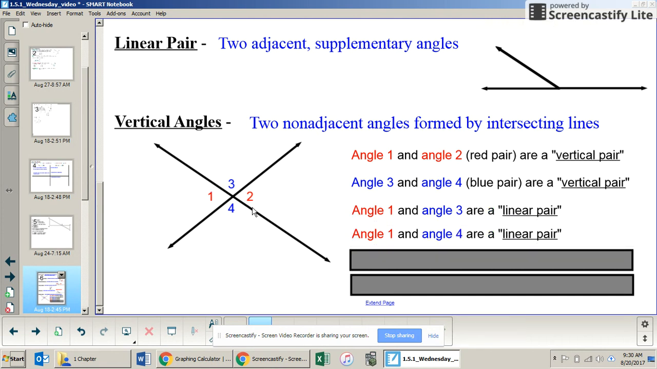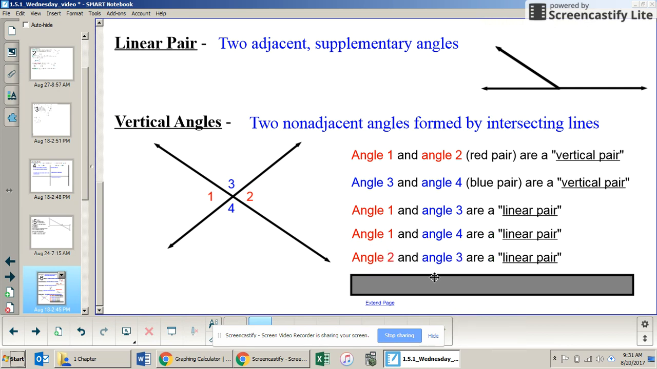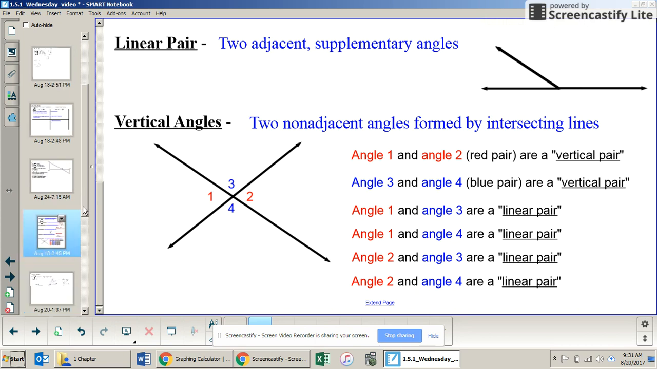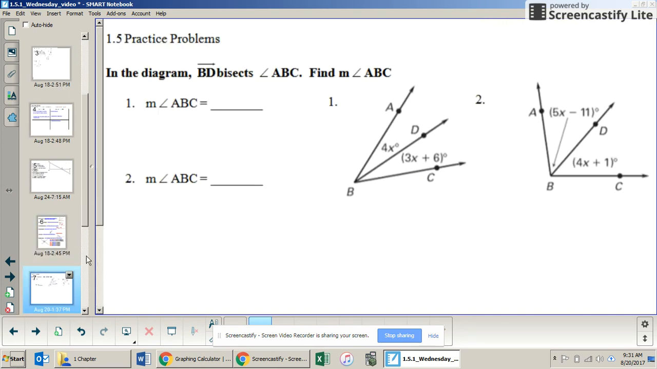1 and 4 are a linear pair. Angles 2 and 3 are a linear pair, and angles 2 and 4 are a linear pair. So anytime we have one red with one blue in this case, they form a linear pair. There are plenty of example problems in your workbook. Here we have some given information that